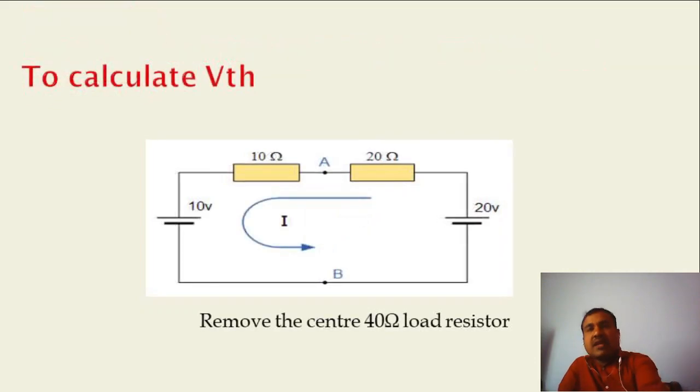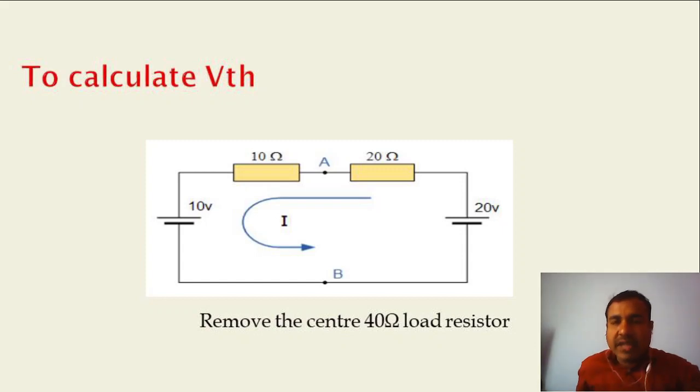So I will mark this resistance as load resistance and remove that from the network. So here I have removed the load resistance from these points A and B, and I have marked those terminals as A and B. And now I have to find out the voltage at these terminals, that is A and B. So I need to find out VAB. To do that, if we want to apply KVL, first I need to find out the current flowing in the resistances, that is 10 ohm and 20 ohm.